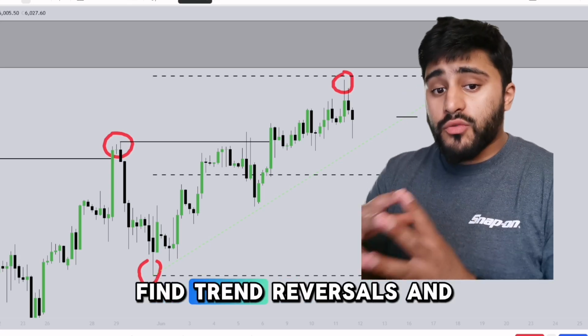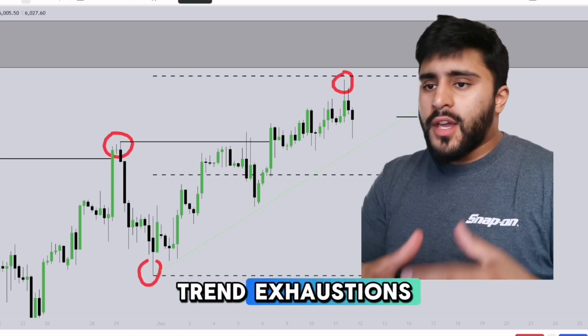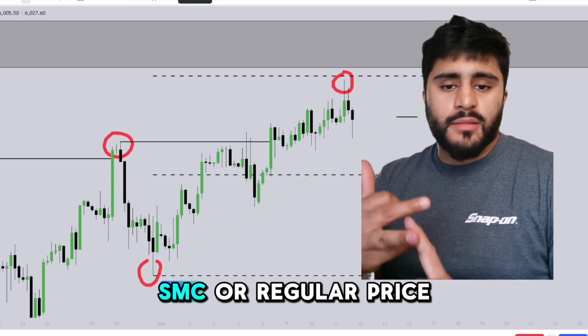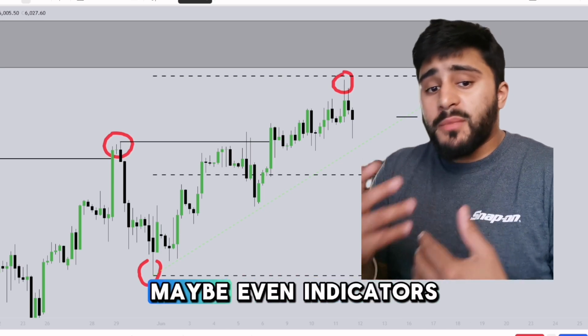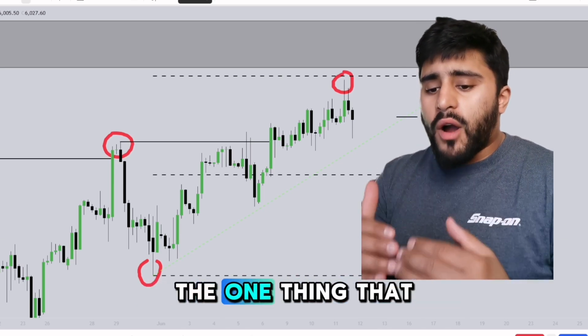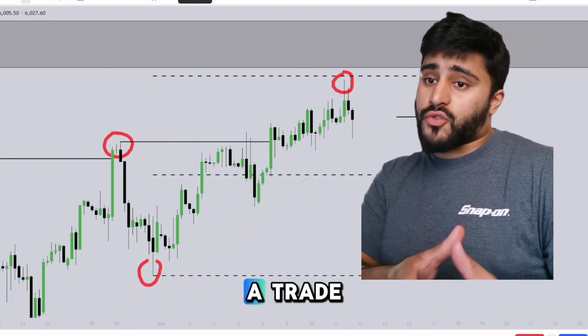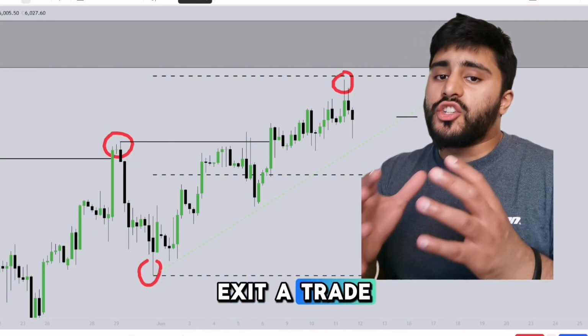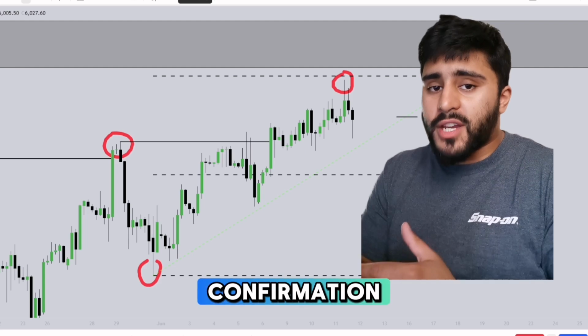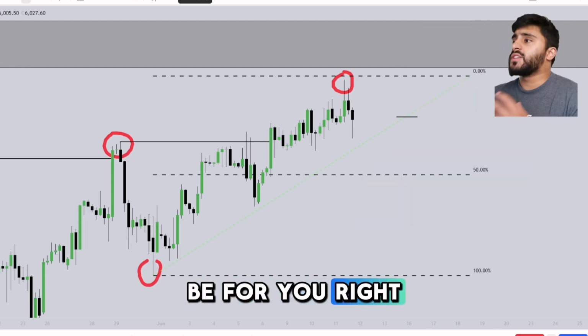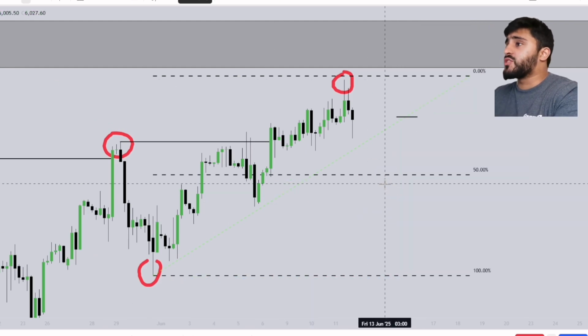How do you find trend reversals and trend exhaustions? So if you're a trader who trades ICT, SMC, or regular price action concepts, maybe even indicators, and you're looking for the one thing that could set you apart, give you greater confirmations on when to enter a trade, and also when to exit a trade using higher time frame and lower time frame confirmation, this video is going to be for you, right? So as always, when we come into the markets, we always want to start with the